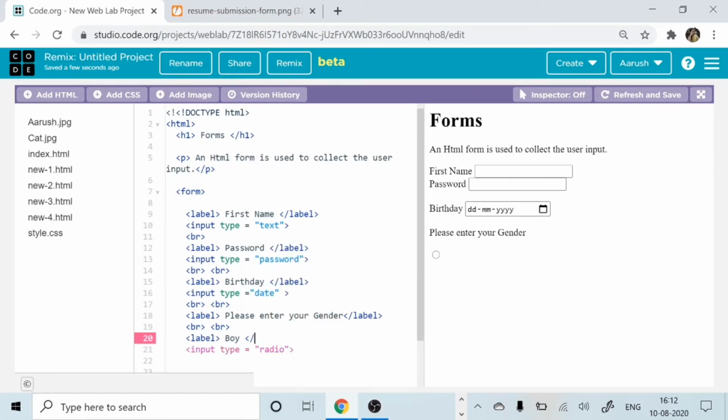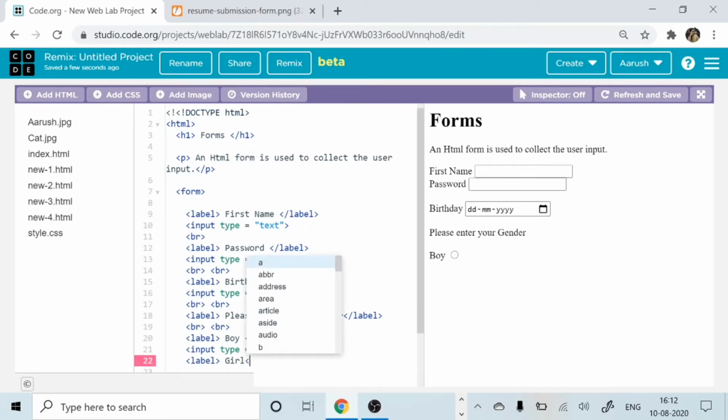And then close the label. So see, it's boy. And then again, we will put here the label. We will close it here. I will say girl. Lot of typing mistakes. Yes, girl.